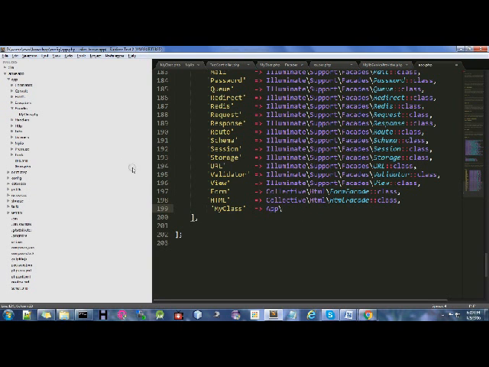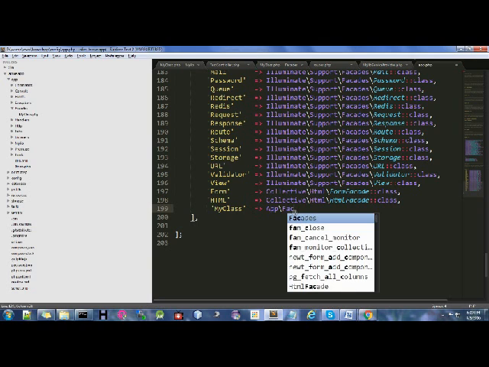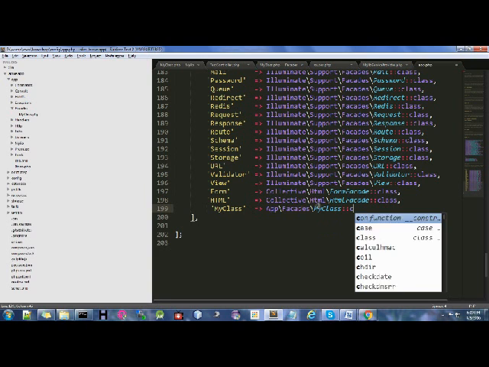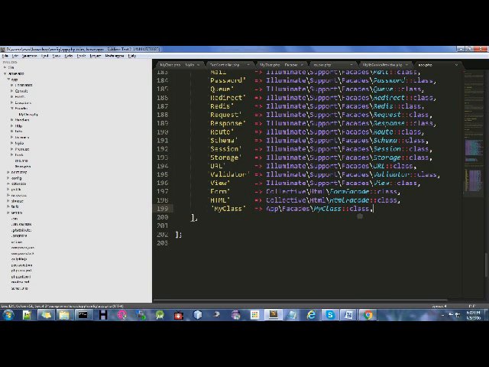So the directory structure for this is app, then after that facets, this is the name of our directory. All right, facets, this is the name of this facet.